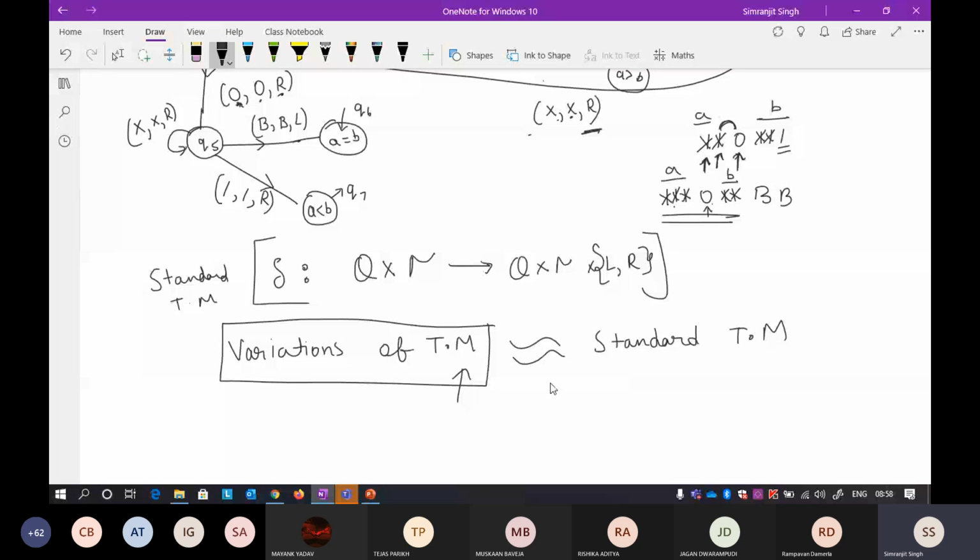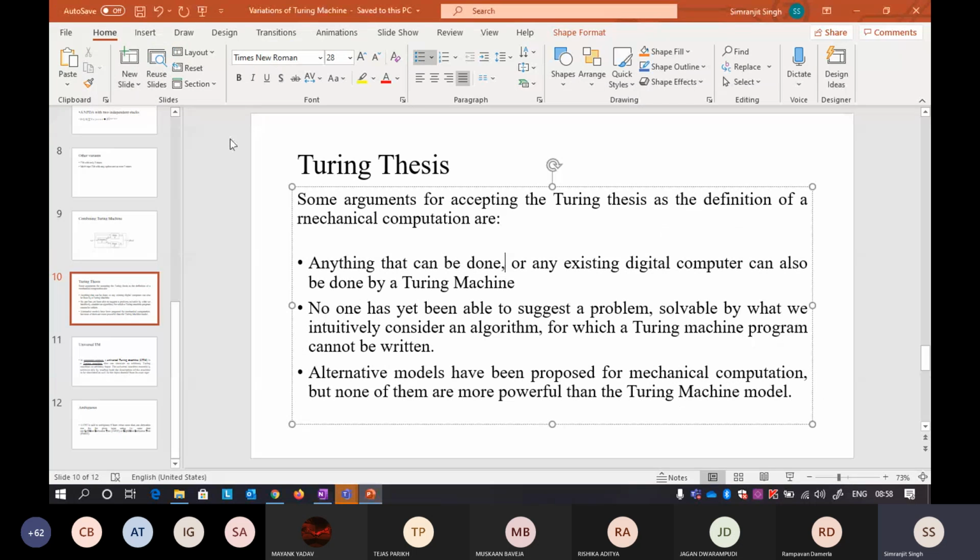Okay, so the standard Turing machine, if you remember, I think I defined this one, that is your Q cross this one input, and then there is a tau, your transition symbol, then q node, and then there are two things, that is your blank, and the final state was already there. There are only two things that are new here, that is your tau and the blank. Okay, so any variation to a Turing machine still is not more powerful. It is equivalent to a standard Turing machine. Okay, so what do I mean by a variation? So just let me tell you.